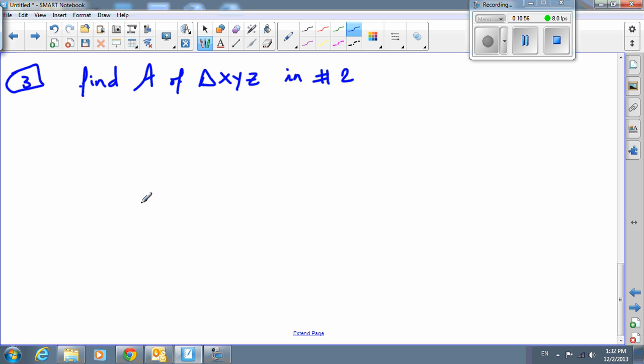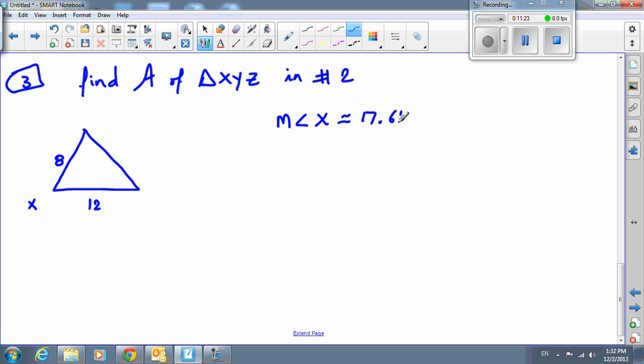In problem number 2, we start with this, where this is X, this is Y and Z. I stick with X. I know that this is 8, and I know that this is 12. We know that this angle, because we calculated it, was approximately 17.612